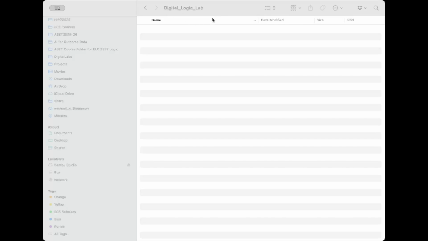All right, so it's kind of hard to see because it's a little bit grayed out. There we go. Digital Logic Lab. Notice that I didn't use any spaces. I didn't use any weird characters. Underscores and dashes are okay, but no at signs, no percent signs. Numbers are okay. Basically, numbers, letters, underscores, and dashes are the characters you can use to set up folders within